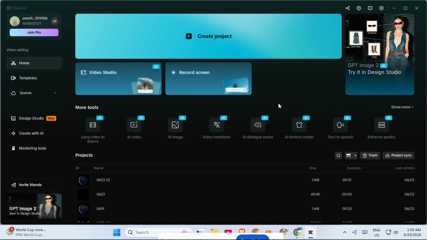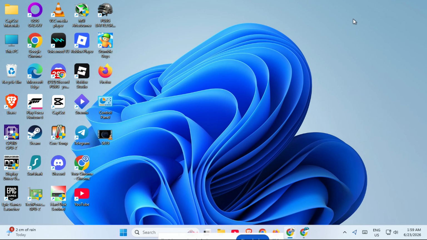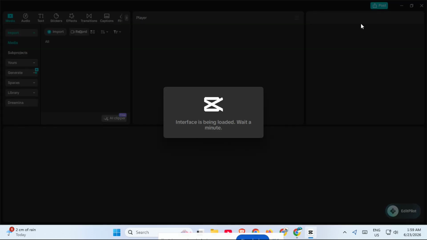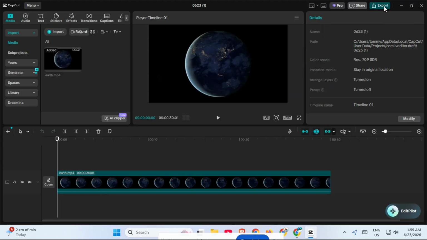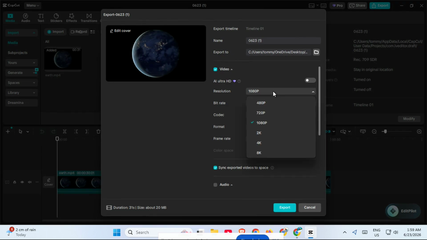Now, if the project is still failing, the issue may simply be that your export settings are too demanding for your device. High-resolution edits, heavy filters, lots of effects, or very high frame rates can all put extra pressure on your hardware. So if you're trying to export in 4K or using a high bitrate, try lowering those settings first. A good test is to export at 1080p at 30 frames per second. You can also reduce the bitrate if the option is available. This makes the render much easier for your computer to handle and can help CapCut finish the export without crashing